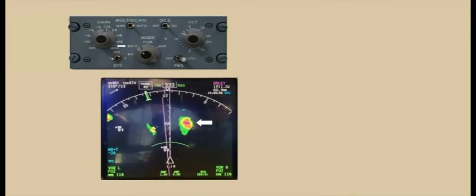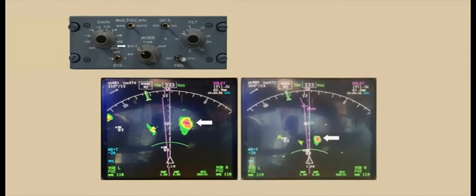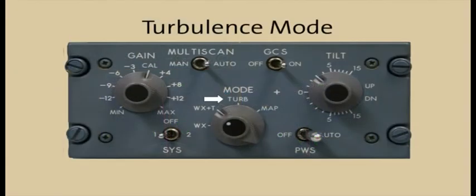WX Plus T enables the essential multi-scan automatic features and Doppler turbulence detection out to 40 nautical miles on all range scales. Turb mode presents just the magenta turbulence indication without the green, yellow, and red weather depictions. Turb mode should be used on a momentary basis only to identify areas of turbulence. Pilots should then return to the weather or weather plus turb mode so that the full extent of the weather